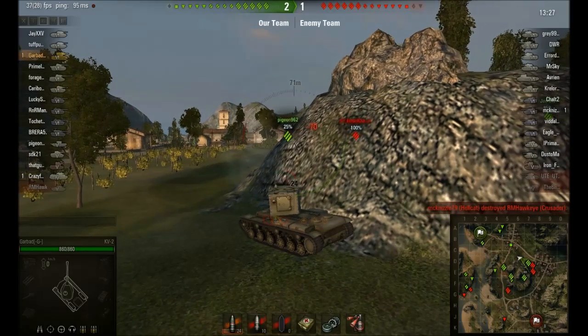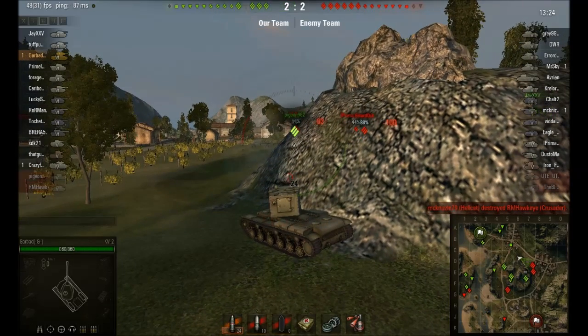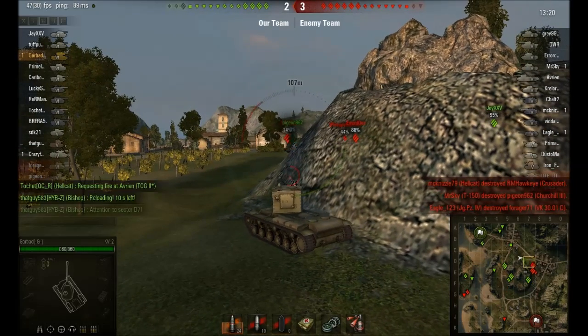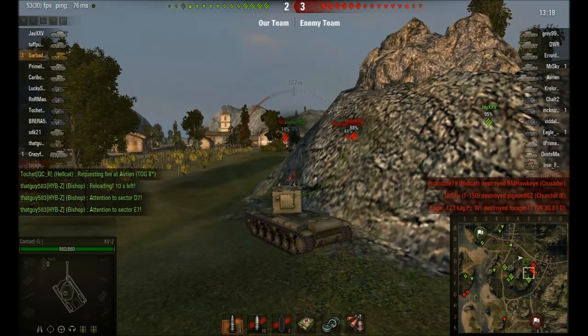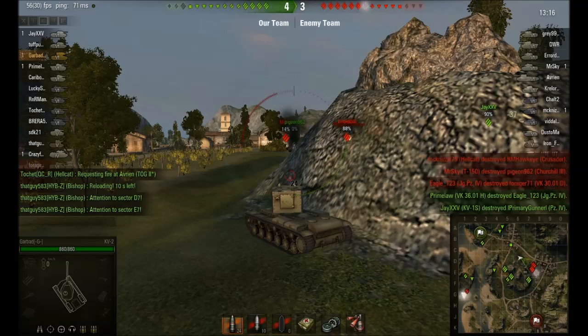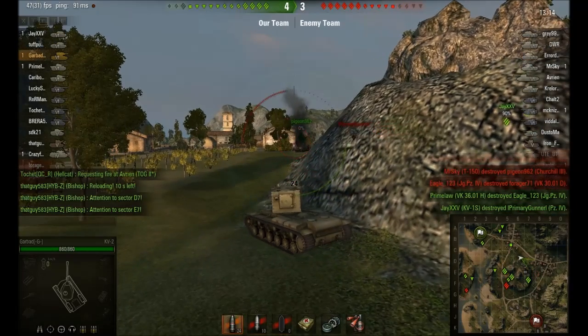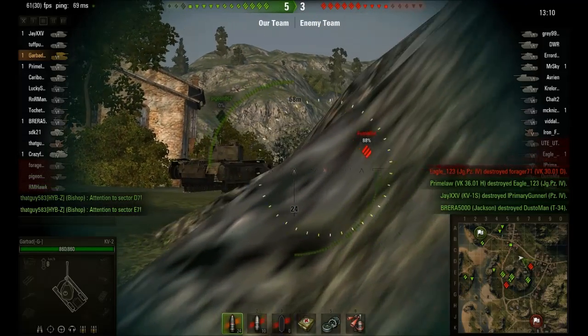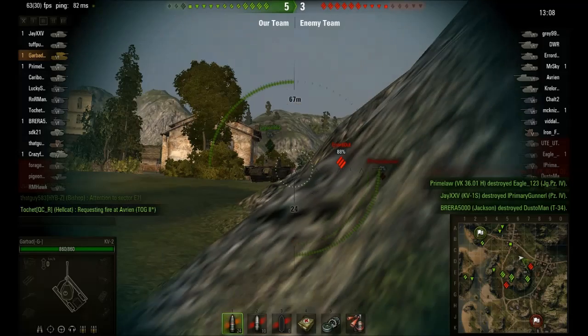Because you're throwing that huge HE shell at enemies, on the last hit for the T-150, not only did he deal 400 damage, he knocked out the driver, commander, gunner, optics, and radio in one hit. That's just completely ridiculous. Now, the downsides of the tank are its terrible aim time, terrible accuracy, terrible mobility, and